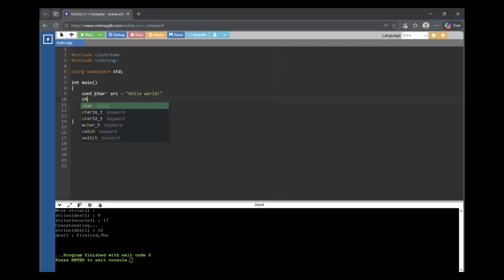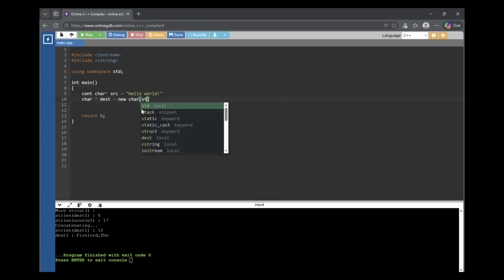And from here we'll make another character pointer called dest. Then we do new character, string length,